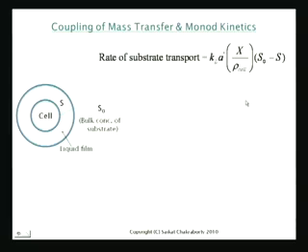Okay. So next, this is the rate of substrate transport, and then what is it that we are going to balance it with? What is going to happen? So at the interface, for example, this is the rate of substrate transport at the interface. So at the interface, for example, if there are no internal mass transfer gradients inside the cell, okay, it's very likely that there are internal mass transfer gradients inside the cell, and we did this in another course at some point of time.